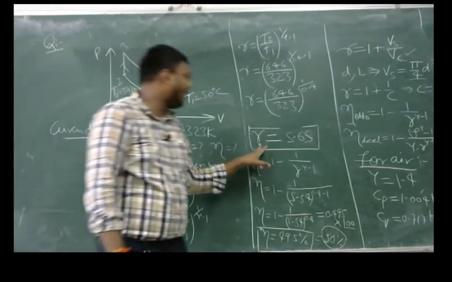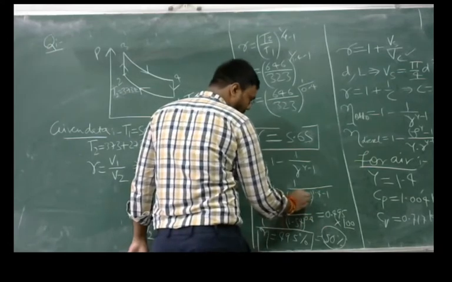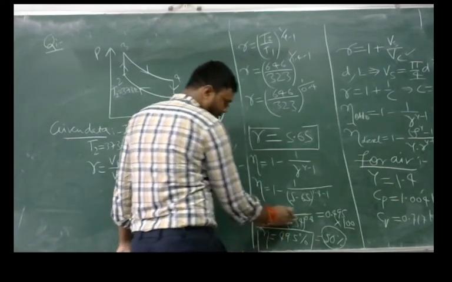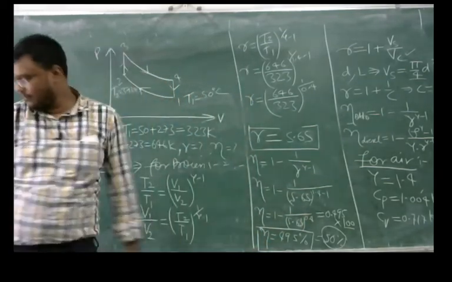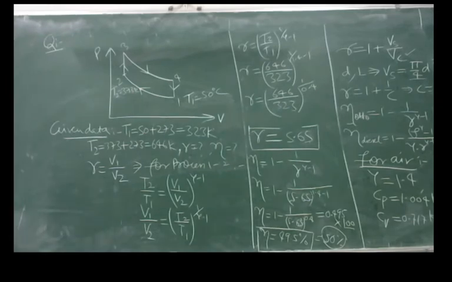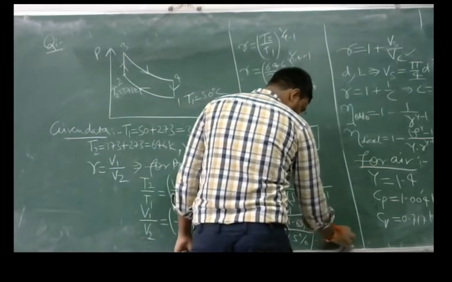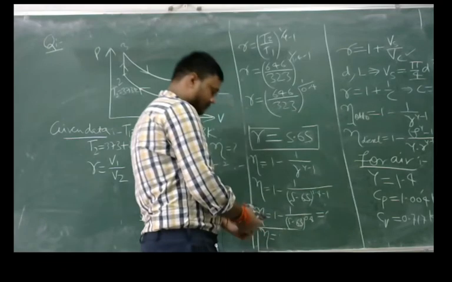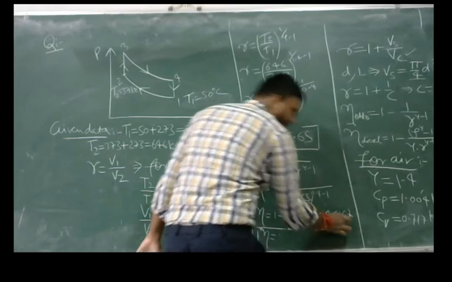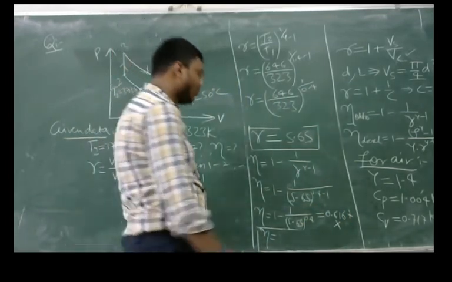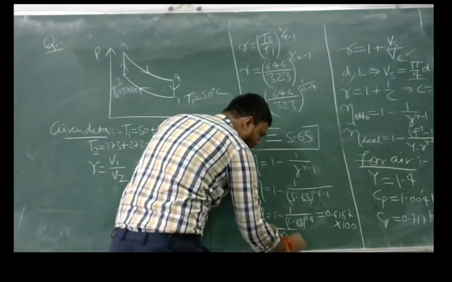So now we have got the value of R. Put this value in the formula of efficiency. So put here 5.65. We got the value eta equal to 0.6167. Now again this value is in fraction, so you have to multiply by 100 to convert to percentage. So we will get 61.67%.